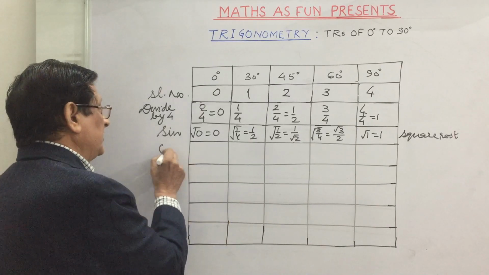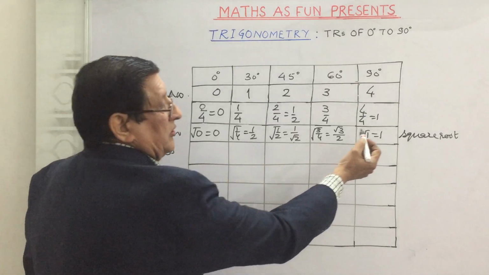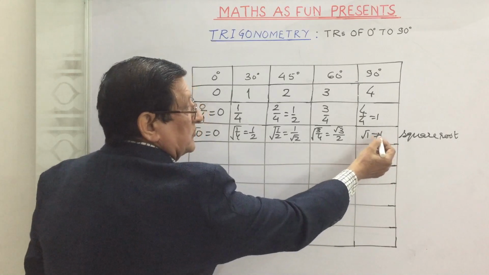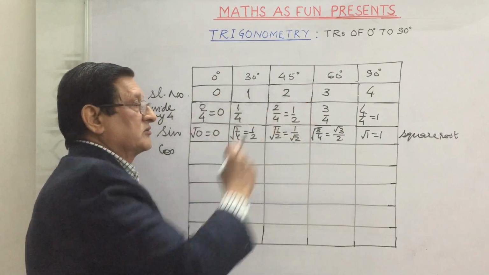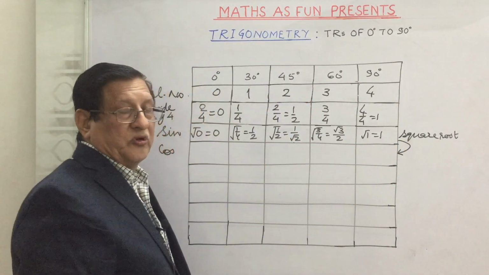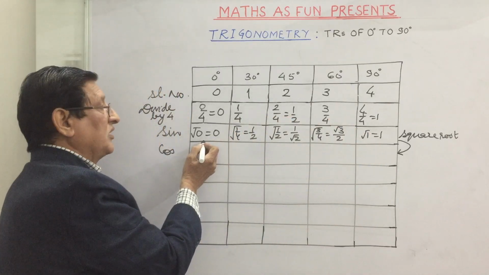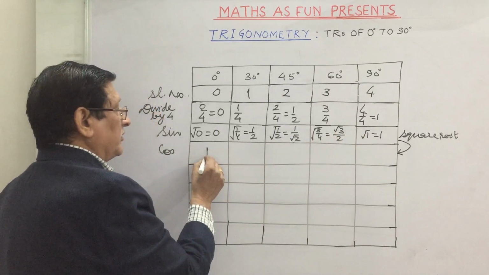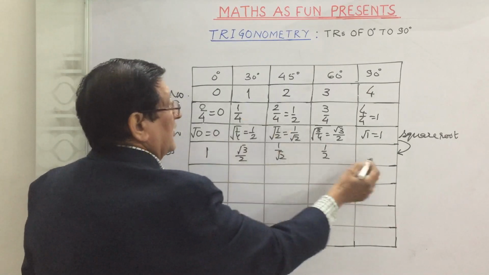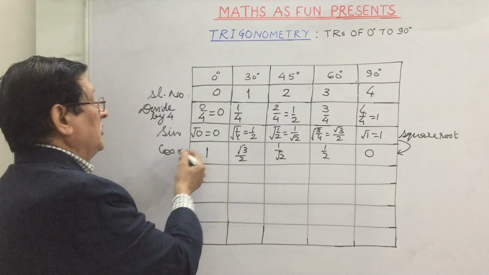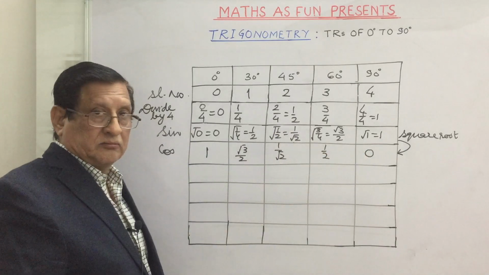Now to find the value of cosine of them, I'll tell you the easy way. What you do is start the values from this side, from the right, and start writing from the left. You will get all the values of cosine of all these angles. I draw an arrow here for you to remember this, that we start the values from the right and write them from the left. Rightmost is 1, then root 3 by 2, then 1 upon root 2, then 1 upon 2 and last is 0. So you can see here cos 0 is 1, cos 30 is root 3 by 2, cos 45 is 1 by root 2 and so on.